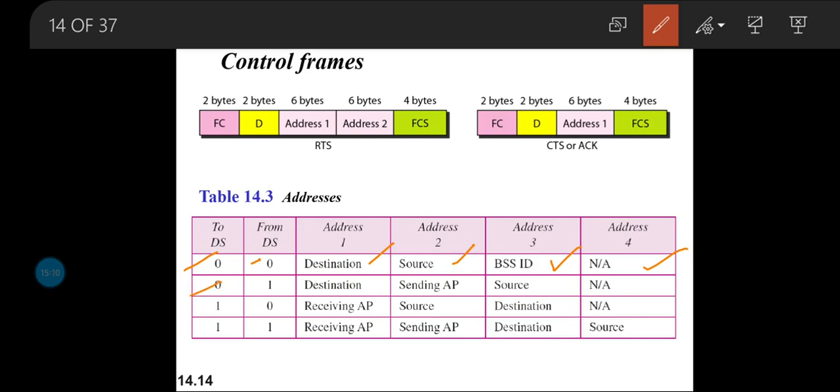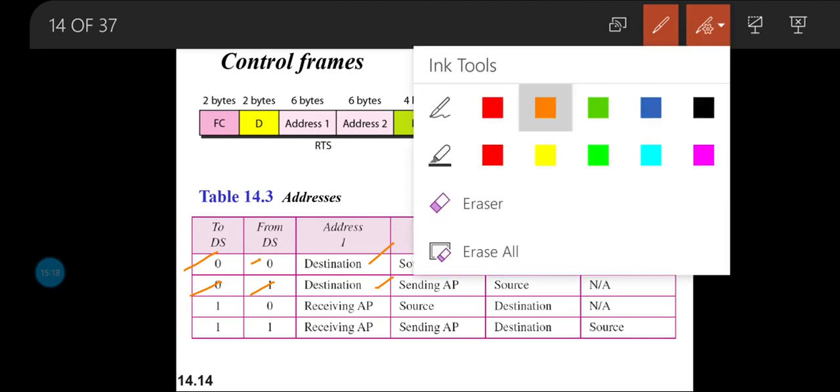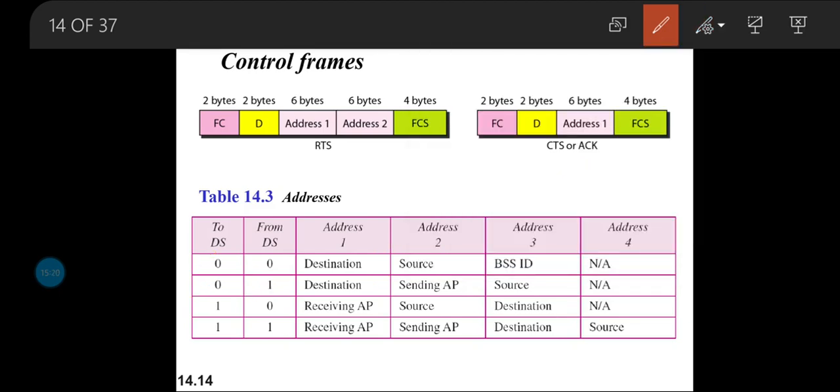And then we have 0 and 1, which means the communication is done through the access point. In the first case we have seen that it is only between the source and the destination, which means well within the BSS, the communication is happening between two stations.